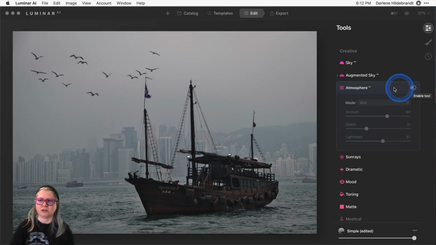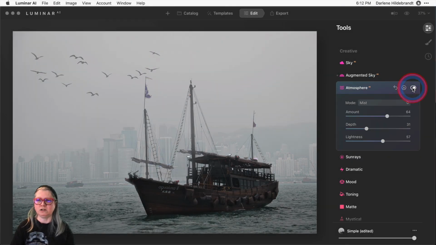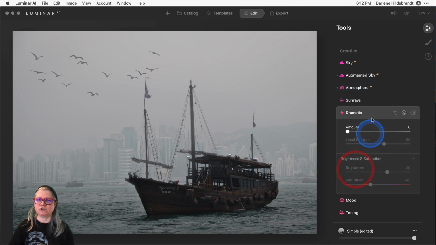Anytime you want to see what only one tool is doing, remember to use the toggle switch on the tool on the upper right corner of the toolbar, just to see what that tool is doing, and then you can decide if it's gone too far and you want to scale it back or you didn't go far enough.